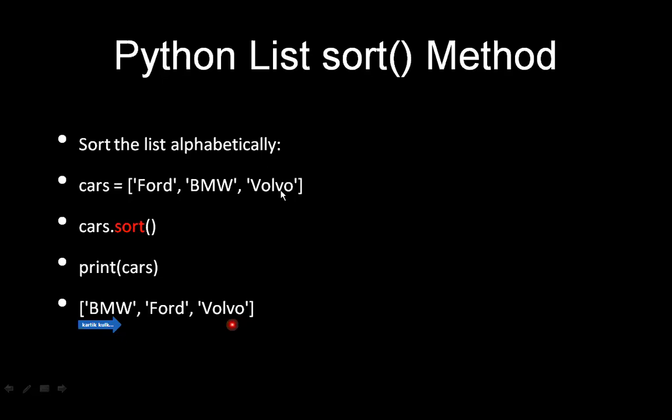So for what purpose is the sort method used? The sort method is used in order to sort the list in an alphabetical order. In order to list any given elements in an alphabetical order, we will be moving towards the list. Okay, so here now,